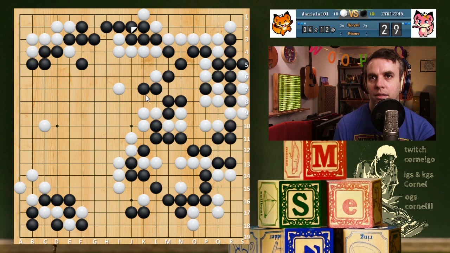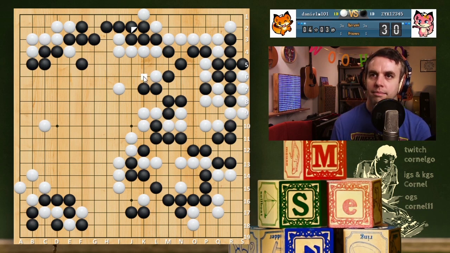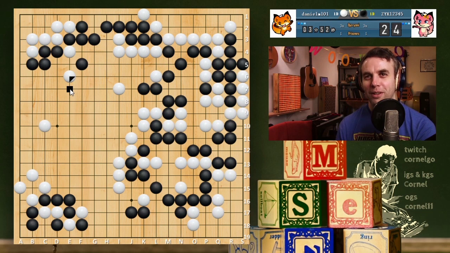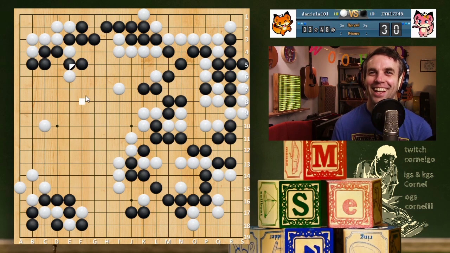And Atari. Then, he's got some eye shape. Yeah, probably it's time to use this E7. That's threatening to escape at E5. And it helps your groups in the middle. Okay. Oh, that's E6. Oh my gosh. E7 is a bit more subtle. Learn to read, Daniel. Okay. Now you gotta jump